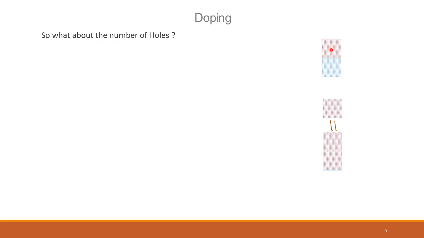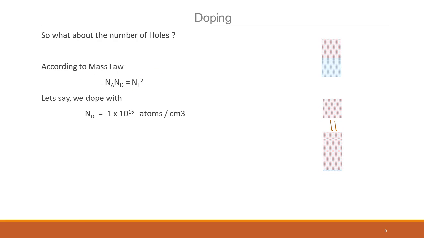When you started, in an intrinsic semiconductor, let's say this was the number of free electrons, the same as the number of free holes, because they were formed only by thermal generation. There is a law called the law of mass action, which I will not derive here. You just have to take it as gospel truth right now, that the number of holes times the number of electrons is Ni squared, where Ni is the number of electrons or holes in the intrinsic semiconductor. We will not derive this.